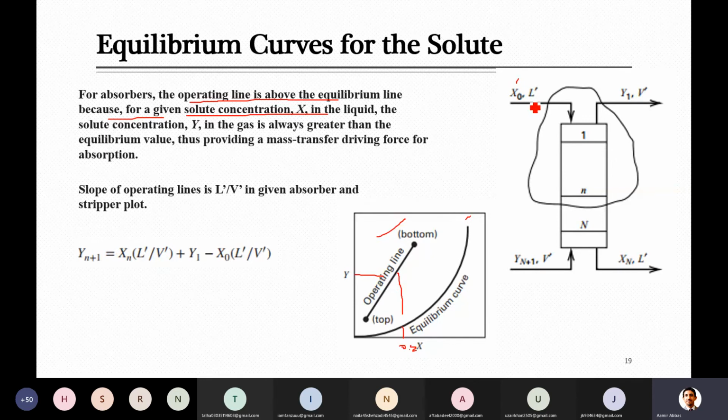Yes, definitely there will be an amount of solute inside the vapor stream, because it was carried with the vapor from the bottom of the column. As it keeps moving towards the top, the amount of solute will keep decreasing inside the vapor stream, but still it is there. If you remember, there was an example relating to the removal of acetone from an air stream. I discussed that in the initial chapter of the introduction to separation techniques.